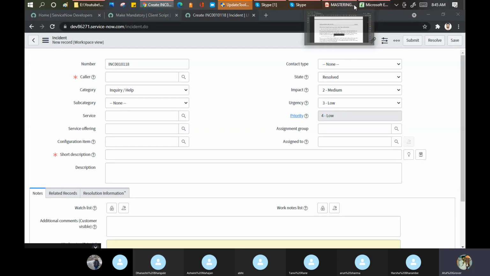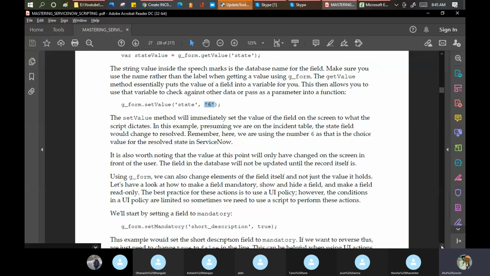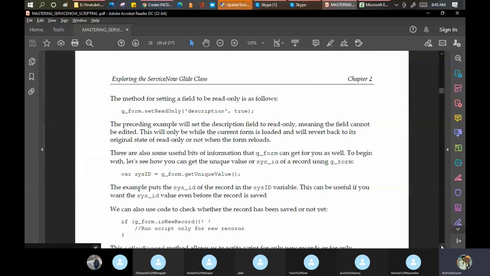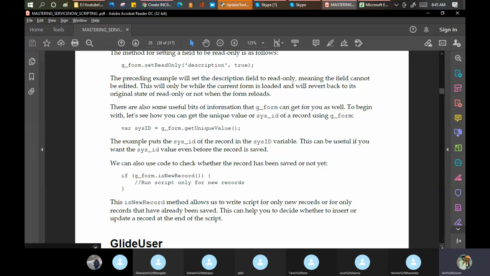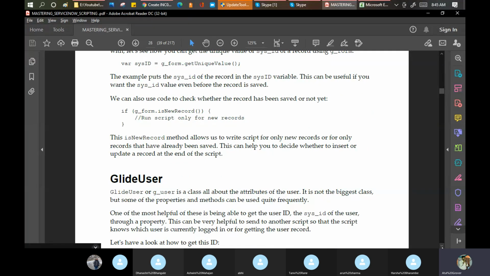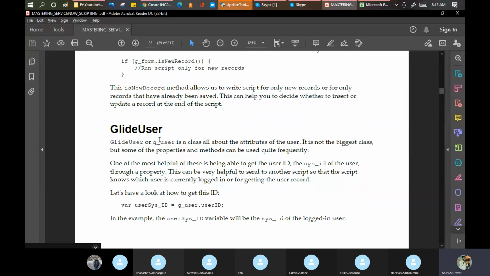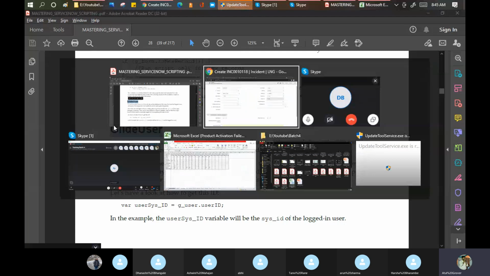Okay. Now, if I come here, this is one of the topics which we want to discuss. Then the same goes. So you can see here, get a unique value. If you read this book, you will definitely enjoy. Believe me, if I read this book and I get some knowledge, I'll arrange a class for you guys. Okay. Now the next one is called GlideUser. For the interview perspective, at least read two to three lines about these classes: GlideForm, GlideRecord, GlideUser. Okay, GlideUser, what is the meaning of GlideUser? Basically, to work on the user's operations, to work on the user data. Okay, and the same thing we can do here.